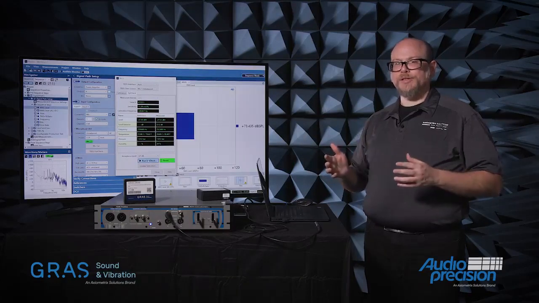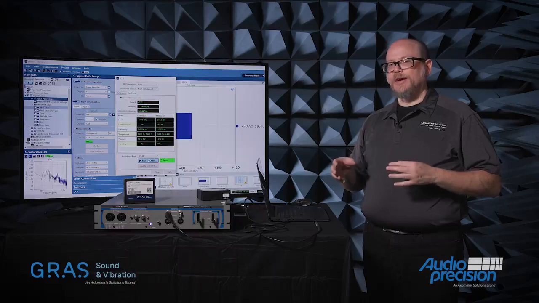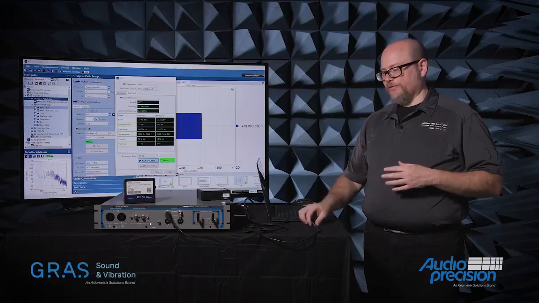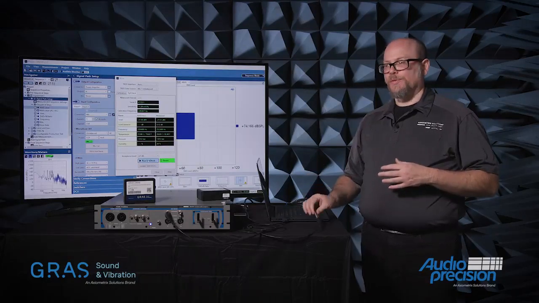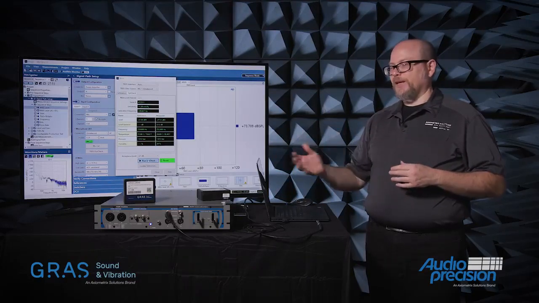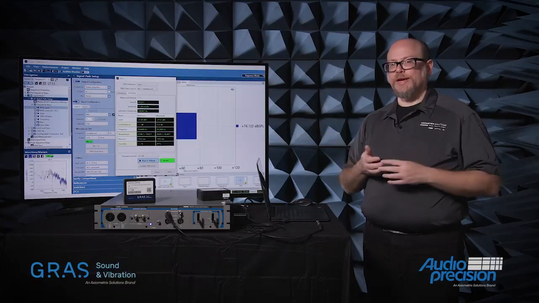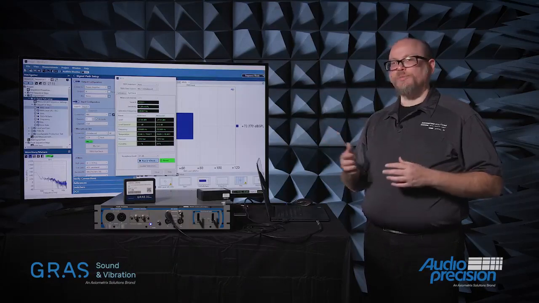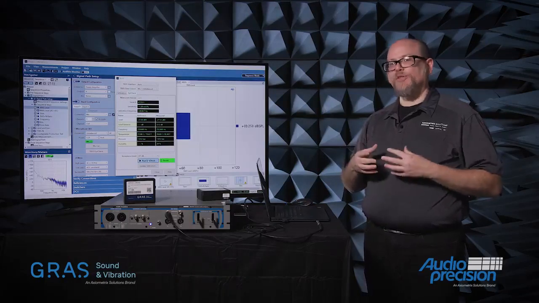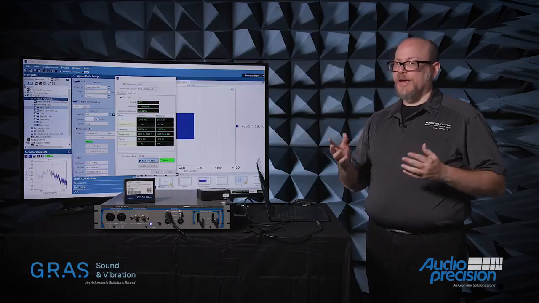In all those situations, Syscheck2 allows us to verify the accuracy of the entire signal chain without having to have physical access to it. So I've not only verified the sensitivity of the microphone, but explicitly I've also verified the cable between the microphone and the analyzer. And even the analyzer itself, by measuring that reference voltage, I've verified it as well. So I can now have 100% confidence that my analysis system is working correctly. I have all the benefits of doing a manual calibration with an acoustic calibrator, but in fact without having to